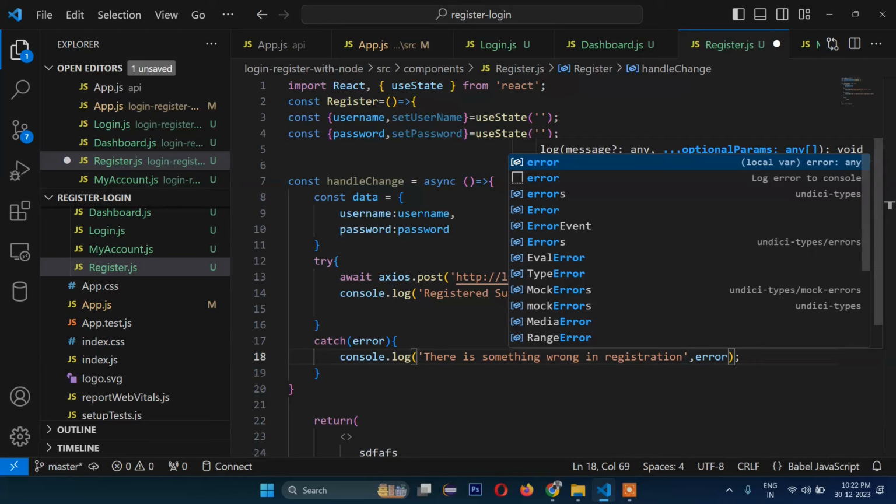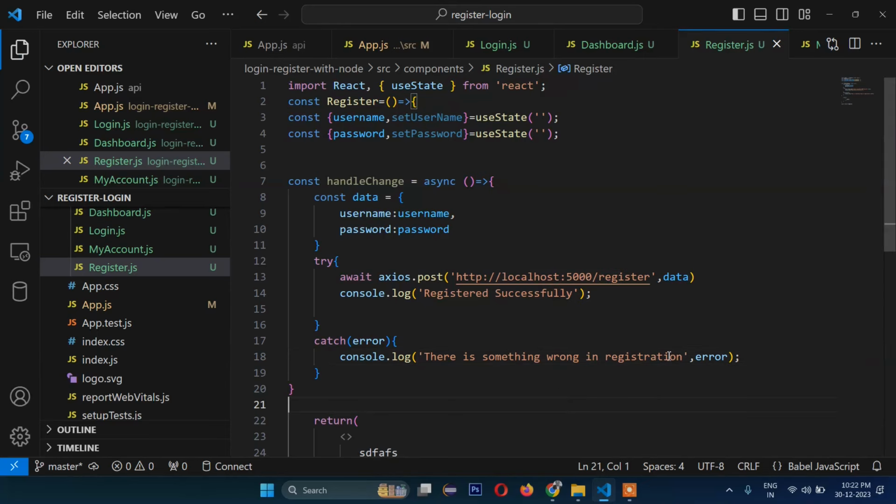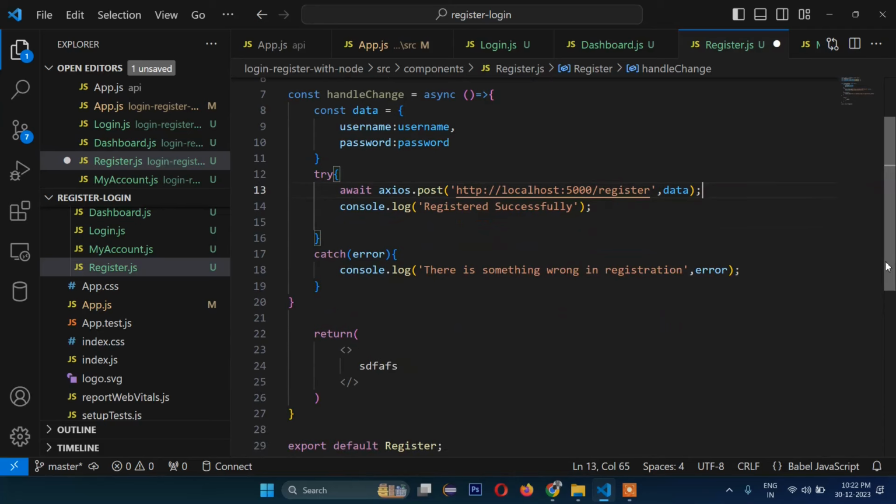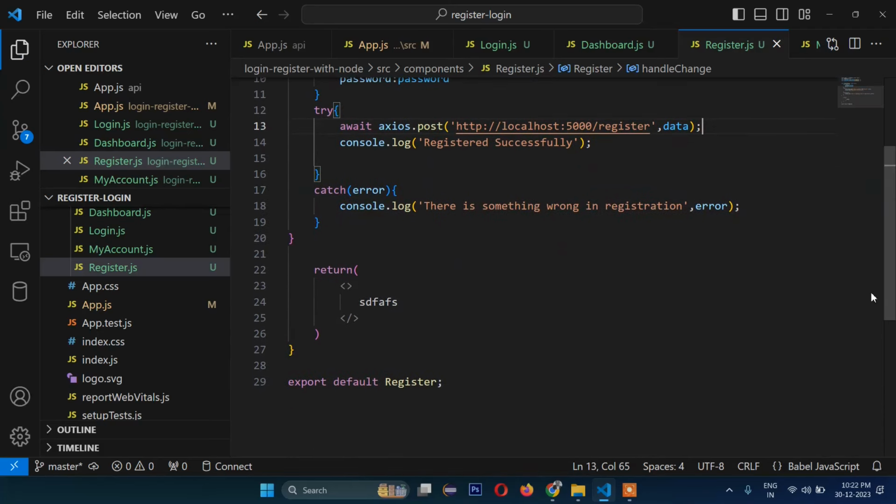So whatever error there is, it will show. So guys, that's it for registration, and now the time is to write the code for